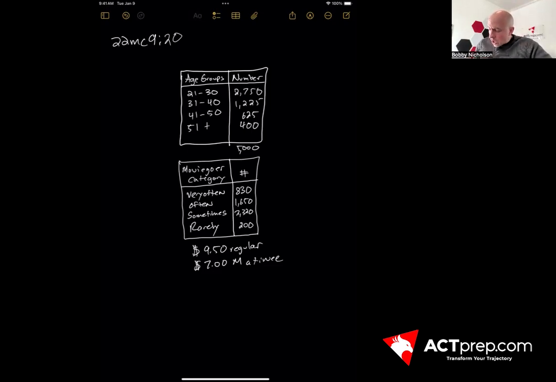But we know two data points. So we're just going to say x is our regular ticket numbers and y is going to be our matinee ticket numbers. And so we know that x + y is going to equal 5,000 since it told us that everybody in the survey saw at least one movie that week. And then we know that